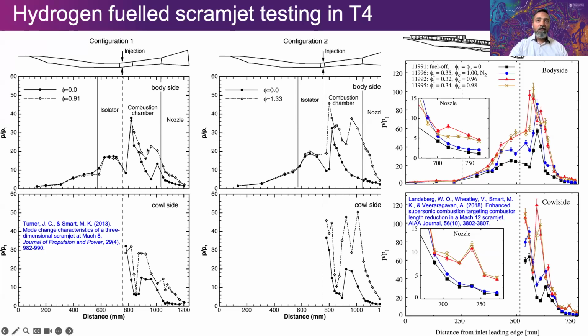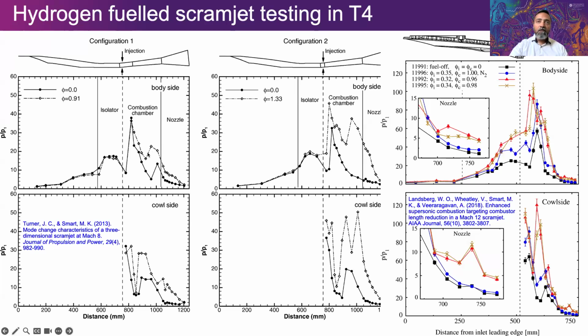So we have here options to inject fuel at some locations. And we can see here that there's a fuel injection here in this instance, just on the combustor side. And what you're seeing here are two plots, one where there was no fuel injection. You might wonder, why is the pressure behaving like this? Why is it going up and down? Remember, those shock waves are bouncing around inside of this flow path. So anywhere the shock wave pinches close to the wall, you'll get a spike. If it's away from the wall, there may not be a big spike. So therefore, we get this kind of a pressure profile up and down on the top, on the body side,